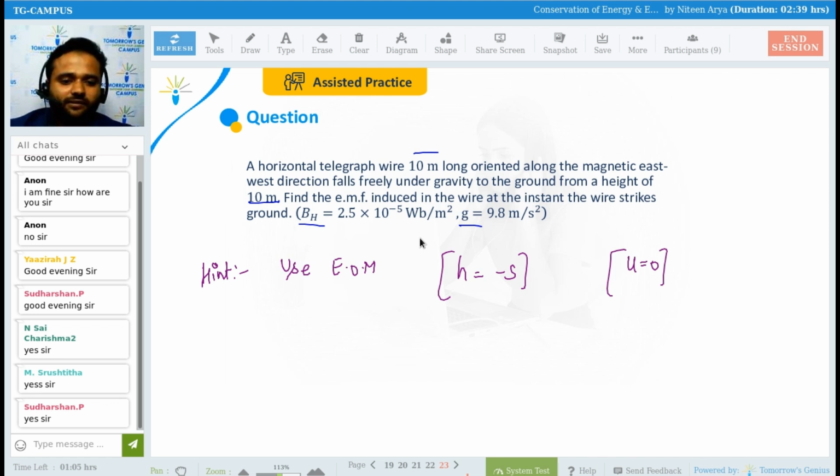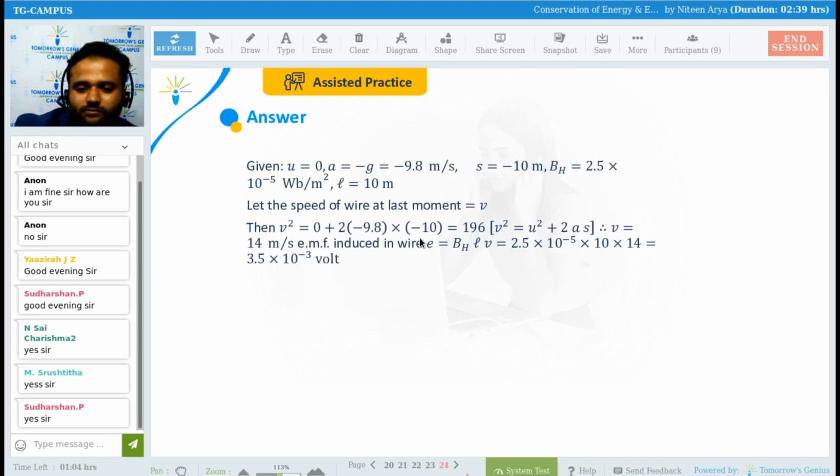What is the answer, beta? See, in this way they ask questions combining two concepts all together, and then leave it on you guys. Use your brain, understand which particular formula you're going to apply. No one is going to give you a hint, and that's why I say so many times, do a good amount of practice, practice, practice. You take so much time.